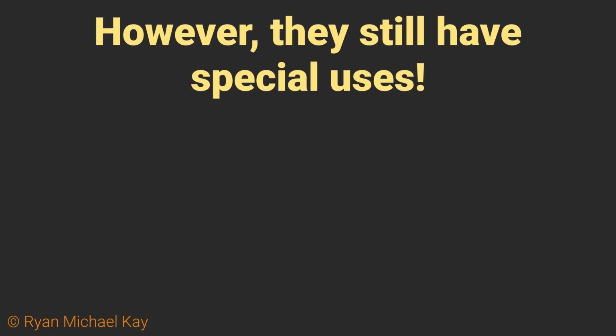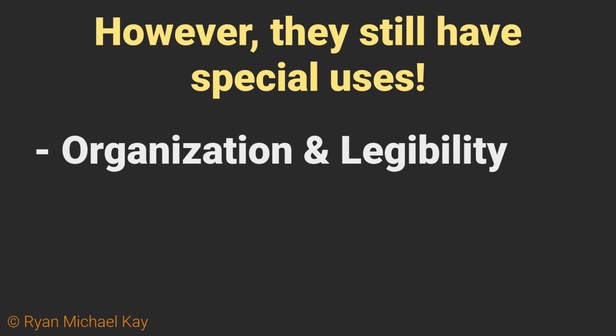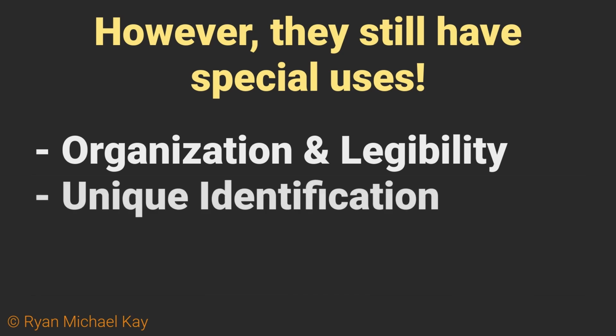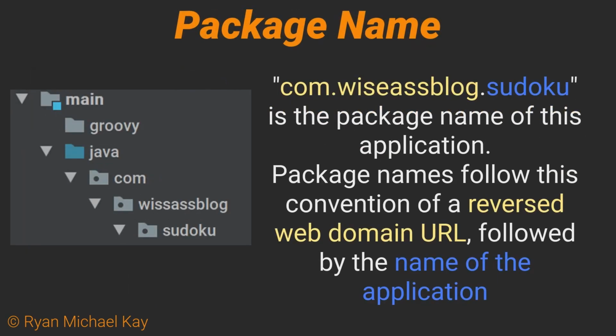Aesthetically, they help developers to have an easier time organizing and reading software applications. We will revisit that point, but the other reason they are important is that they can represent a way to identify an application. Something which you will see when building Java applications on just about any platform, desktop, mobile, or web, is a main package. Typically, within this main package will be a Java package. Within this Java package, you will find a series of packages which combined form the package name of an application.